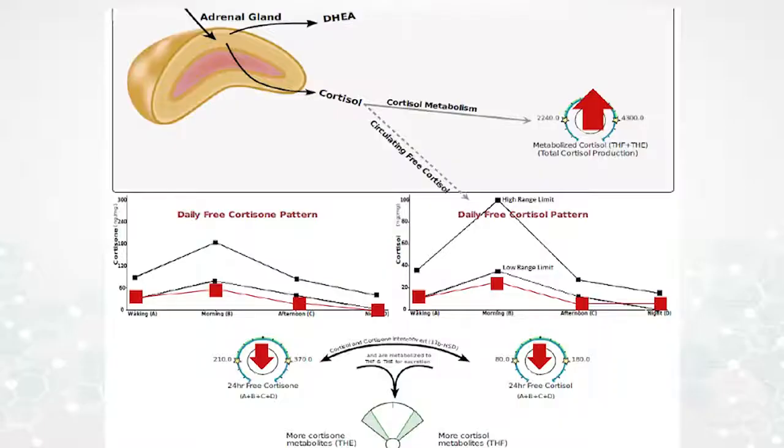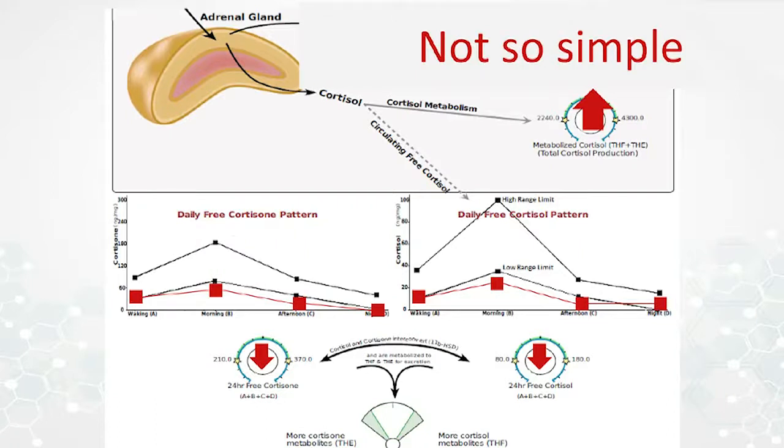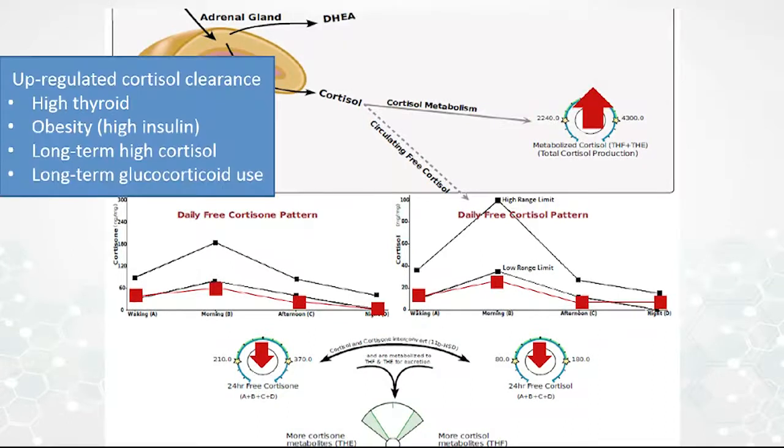So when you see low free cortisol, you don't know that you have low adrenal output of cortisol until you've confirmed with the metabolites. If the metabolites are normal, you have normal cortisol output and low free cortisol. What is that a picture of? That's a picture of elevated cortisol metabolism or clearance. When do we see that? The most common cause of that is probably obesity, but you can also see it in people that are not